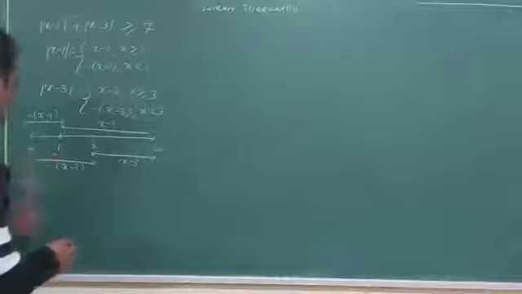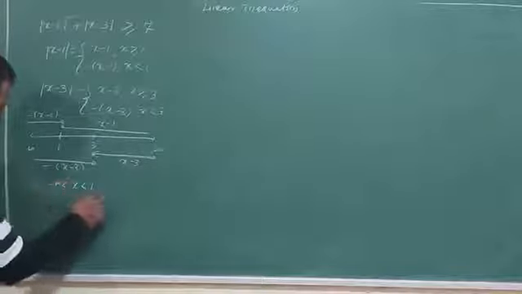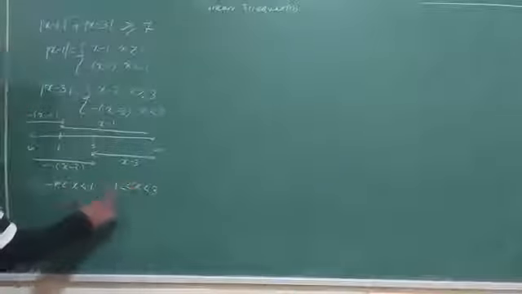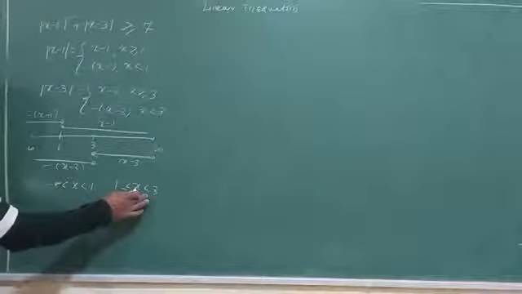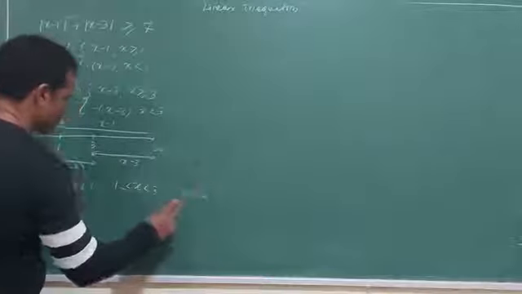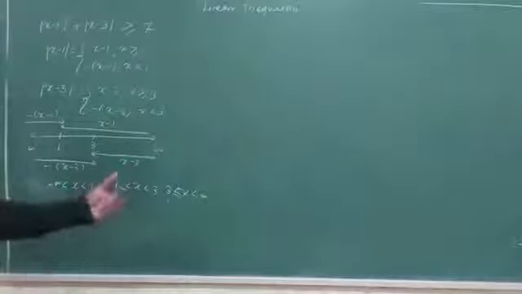How to write down the first part? x is less than 1, greater than minus infinity. This is the first interval. Second interval: x is less than 3, greater than or equal to 1. See, it is always less than. Third interval: x is less than infinity, greater than or equal to 3. So accordingly we will start with the 3 intervals.